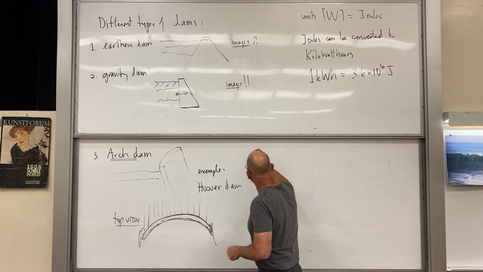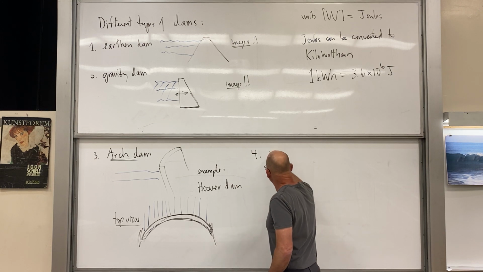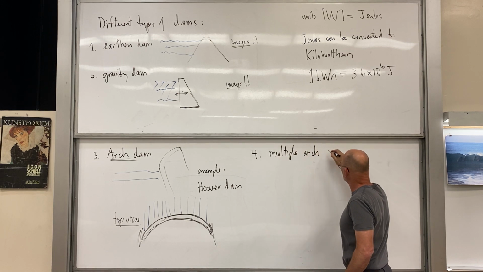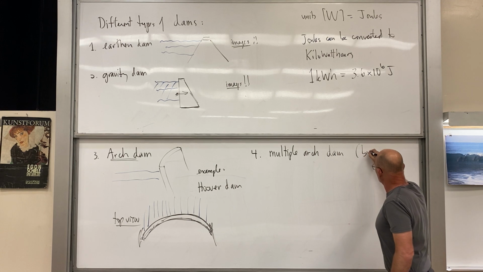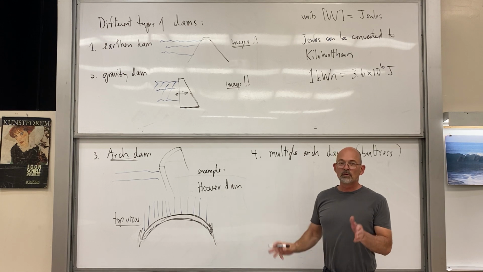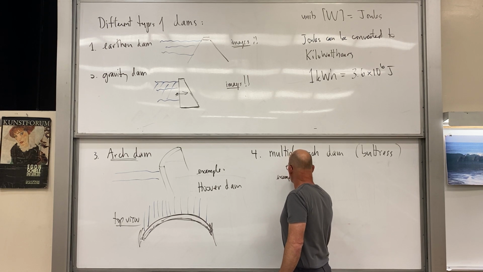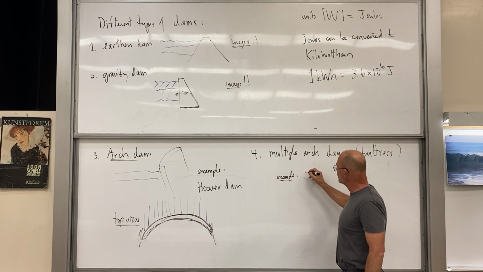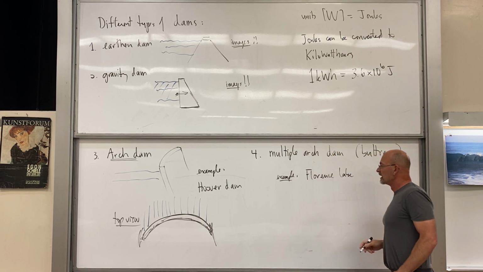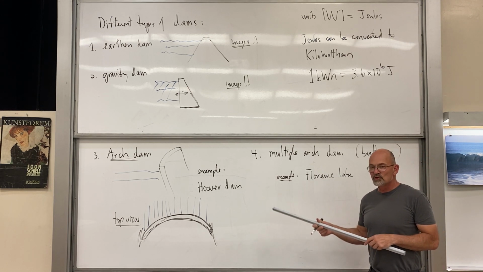Let's see, we have a couple more. A multiple arch dam or buttress dam. So also referred to as a buttress dam. An example is our very own Florence Lake up here in the Sierra Nevada. But that's not the most impressive example, but it's local. For Florence Lake. Now, the best thing to do with a multiple arch dam is to try to draw a top view,